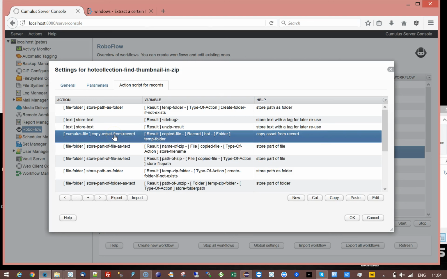Then I'm copying the asset of the record to the temp folder. As I said, you could just pick up the path to the file if it's not in the vault, but in this case it might be in the vault, or it might be in a location that Roboflow doesn't have access to. So this way you're making a copy of that file into your local folder,